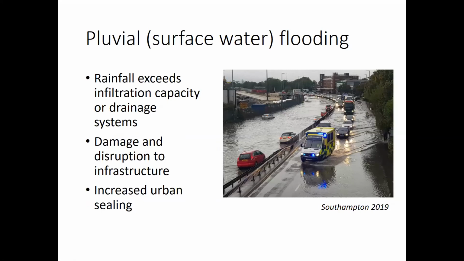So I just want to give a brief introduction here to the three particular types of flooding I wanted to highlight, because they're some of the most common in the UK. One of those we call pluvial or surface water flooding, and essentially that occurs when the rainfall that's hitting the ground cannot drain away quickly enough. Quite common in urban areas where large areas are extensively sealed by road networks, by tarmac or other impermeable surfaces, or by buildings. It can also occur in non-urban environments as well, so particularly if the ground's frozen or if it's baked very hard dry. Not as common in the UK, but does occur here, and can be a principal hazard in other parts of the world as well.